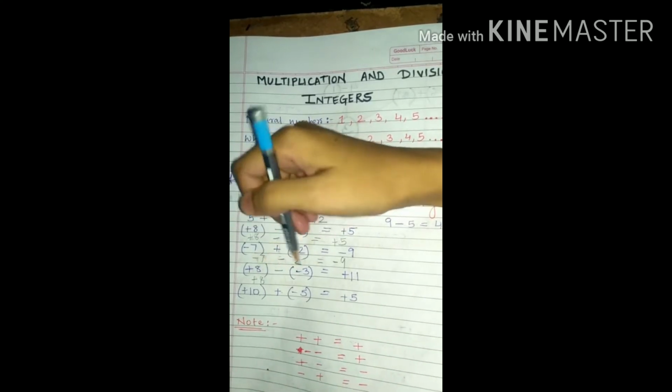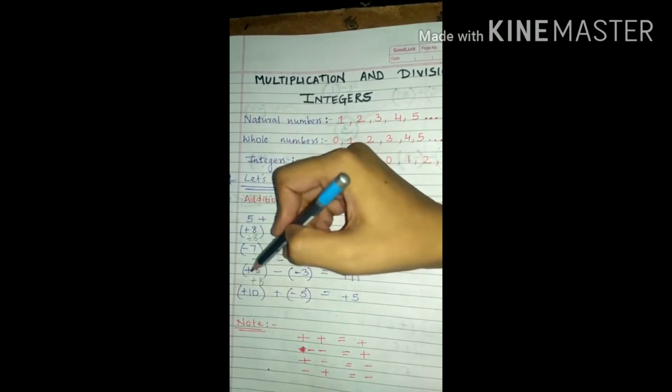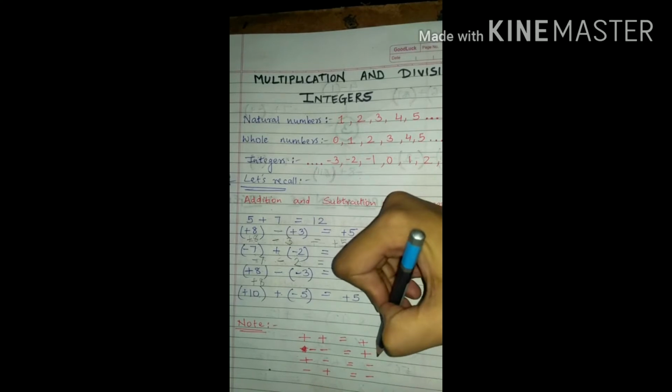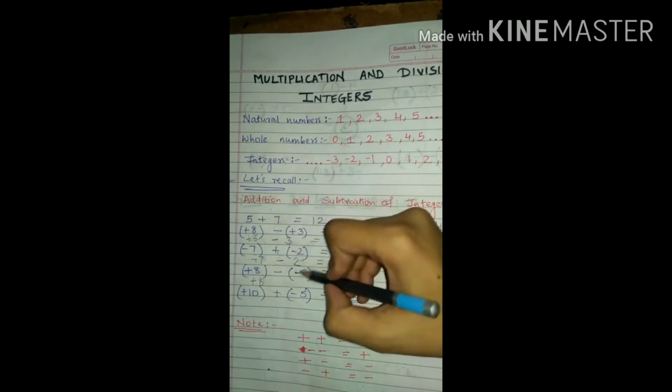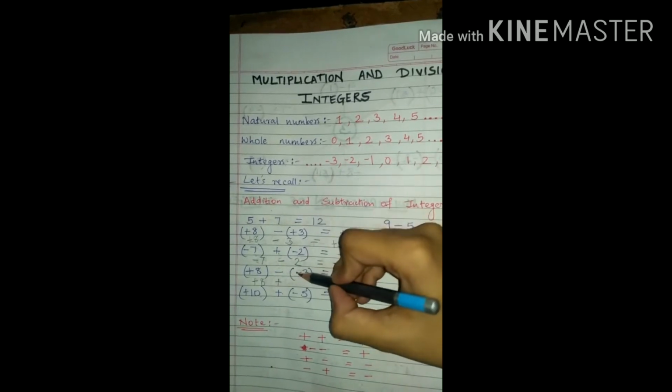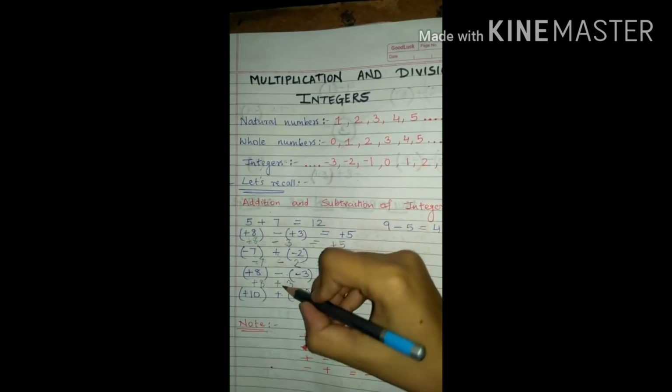Multiplication of the signs, not the number. Remember that. So minus into minus. Minus into minus is what? Plus. So minus into minus is plus. Minus into minus plus. So now 3 has what?